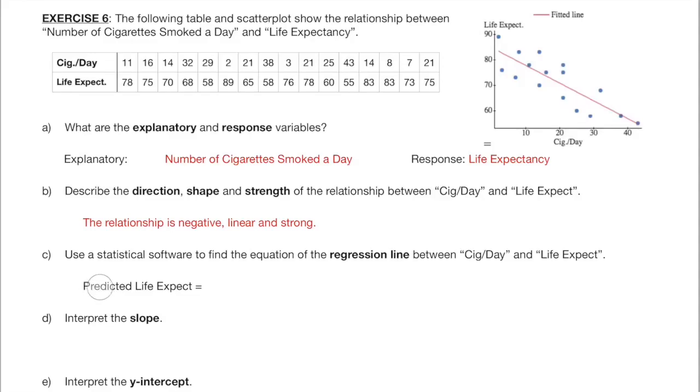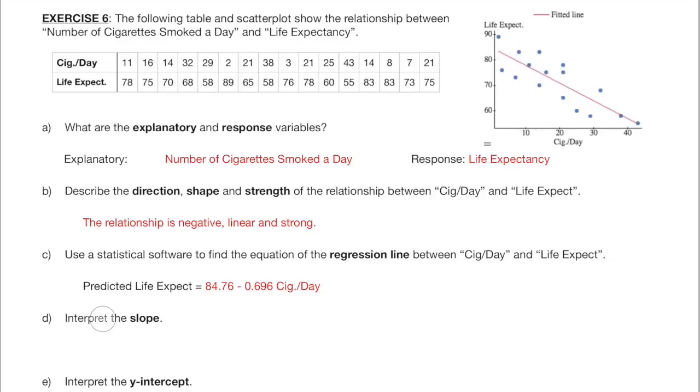With the software, you will see that the equation of the regression line is this. Usually, books and softwares don't show this predicted. I like including it because the regression line is just a mathematical model, it's not the reality. What we get with the regression line are predictions. It's always a good idea to sketch the line in the scatter plot like I did here.